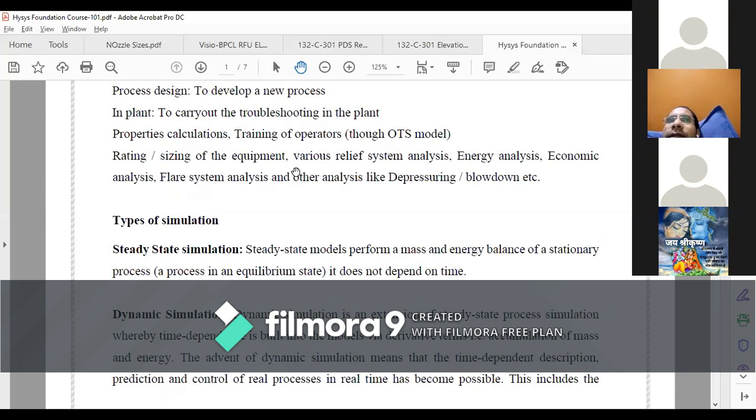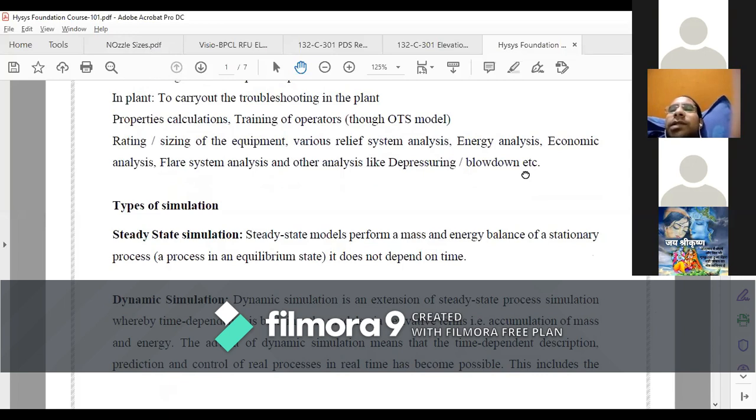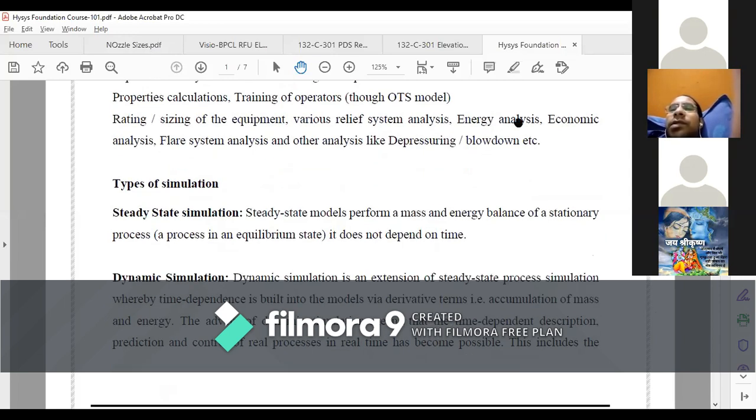We can carry out the pinch analysis by using the tool called Aspen Energy Analyzer. Previously, it was coming in a different package earlier. We can also do the economic analysis.